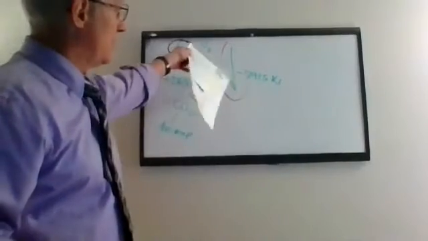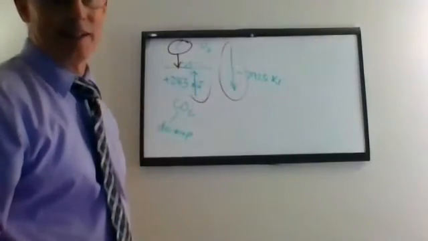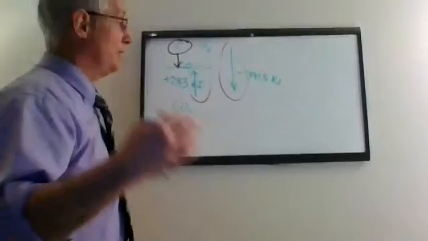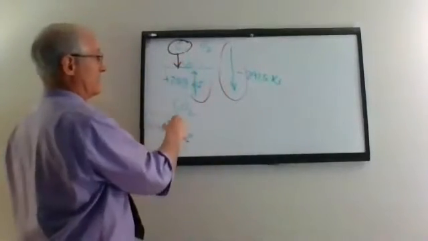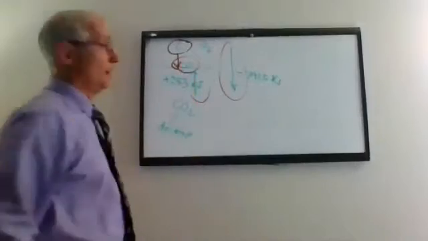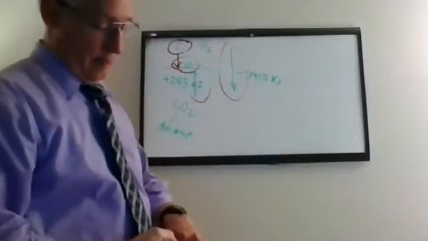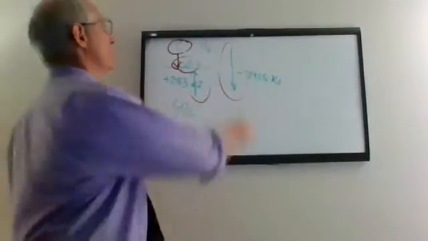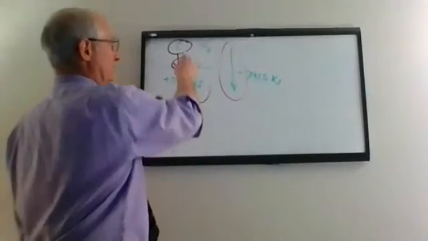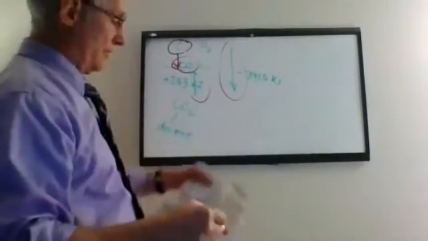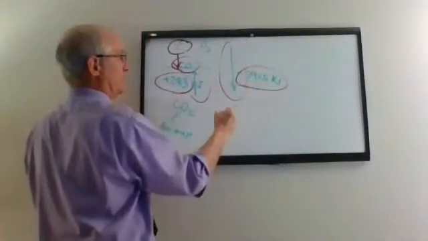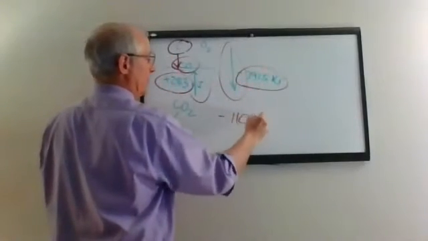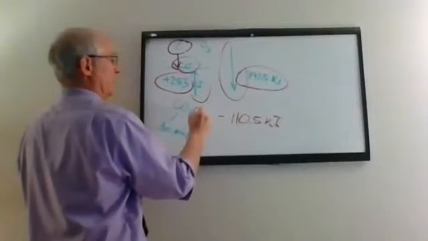And these two things, that green line and that green line, happen simultaneously. So it's hard for them to see the individual steps. They can see what they started with and they can see what they ended with, but they don't know how they got there. But they think, theoretically, that it forms this and then that decomposes to that. And so the answer is negative 110.5. When you subtract that minus that, get the difference, negative 110.5 kilojoules is the delta H,